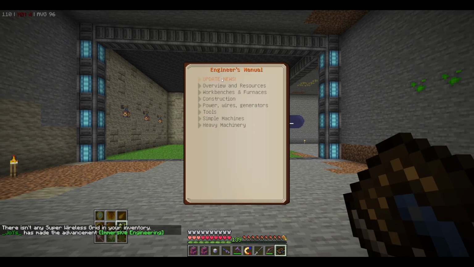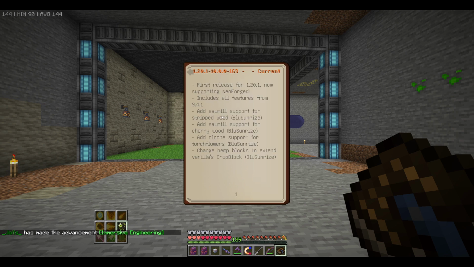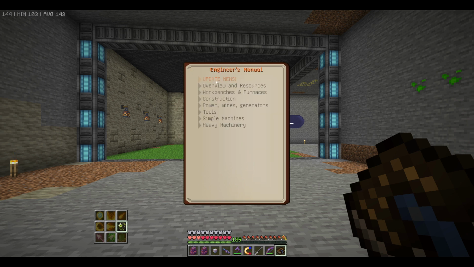Let's have a look. Update news. Current first release: add sawmill. Add cloche support for torch flowers. Change hemp blocks to extend vanilla's crop block. I have no idea what that means. Overview: resources, workbenches and furnaces. So you've got crude blast furnace, improved blast furnace,